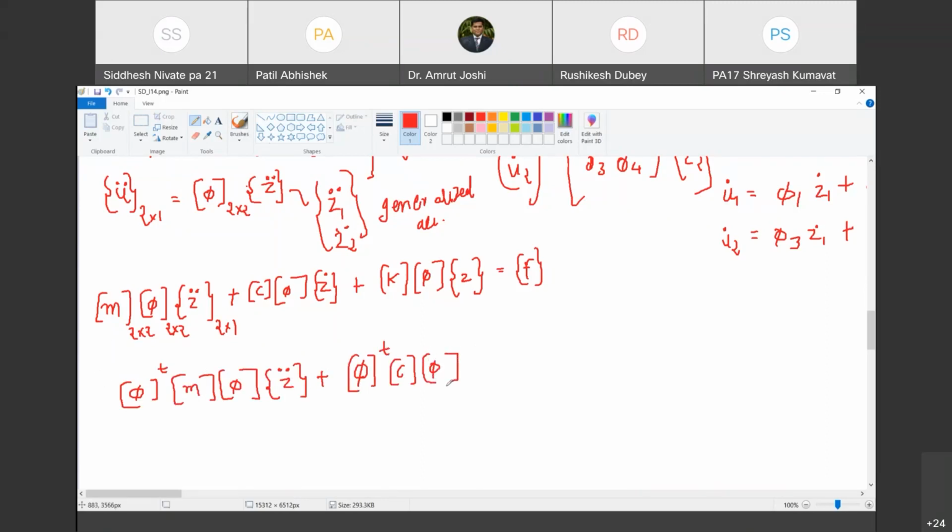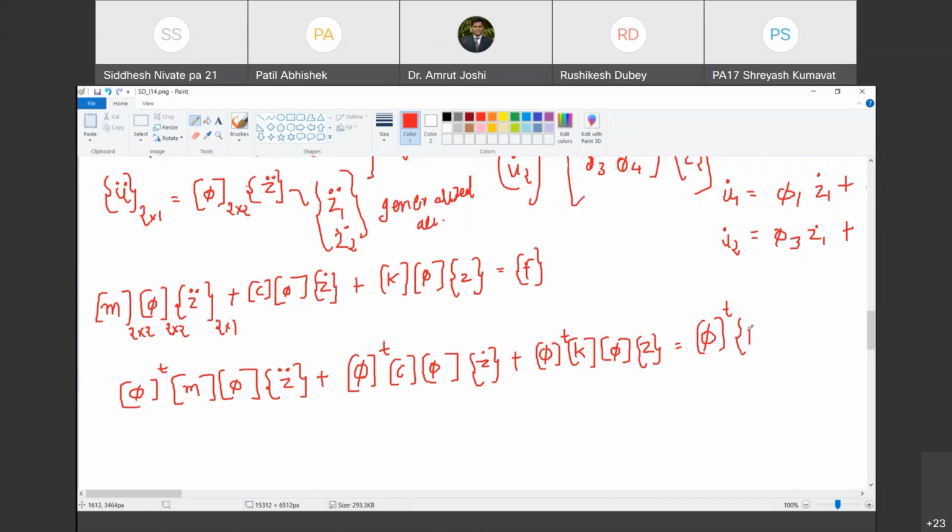Transpose means the rows become columns, and the columns become rows. Are you with me? Yes, sir. Z dot plus phi transpose K phi into Z. Happy? Is equal to phi transpose